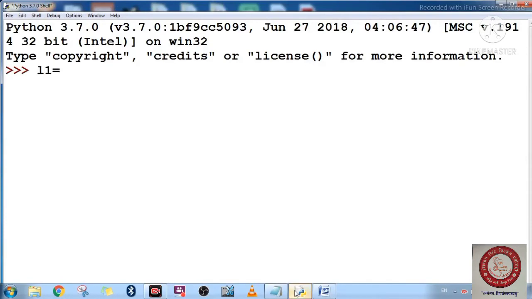Suppose I have taken the L1 here, and then what I'll do here is take elements of the string here. Okay, this is the one, suppose these are the elements, and now what we'll do here, we'll try to add one string here. So how are we going to do that? You will use the augmented operator, like this, L1 plus equal to, and suppose I want to add ABC. Okay, then this will work.